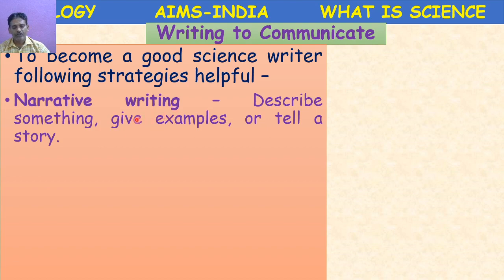So in informative writing, you have to tell how to do an experiment. Now in narrative writing, describe something, give examples or tell a story. So how to do it? You have to describe and give examples, or frame a short story and tell it. Okay. Next,